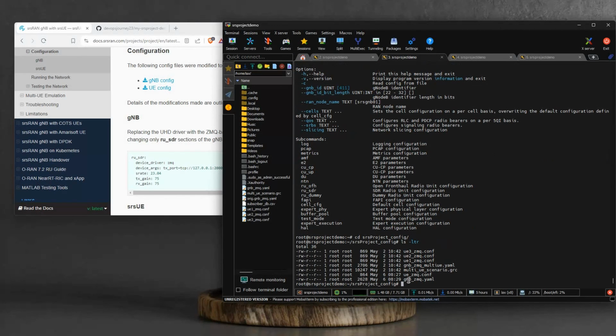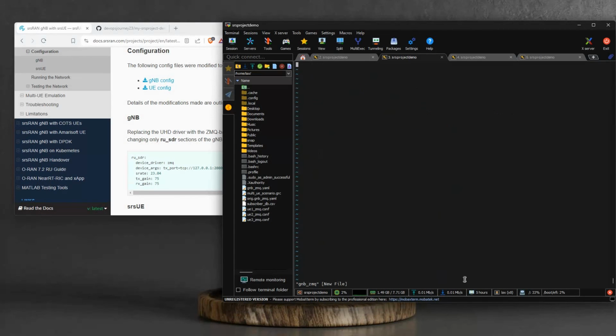So what I'm going to do is use the gNodeB ZeroMQ YAML file and pass it through as a configuration file in my gNodeB application. If you look into the gNodeB app